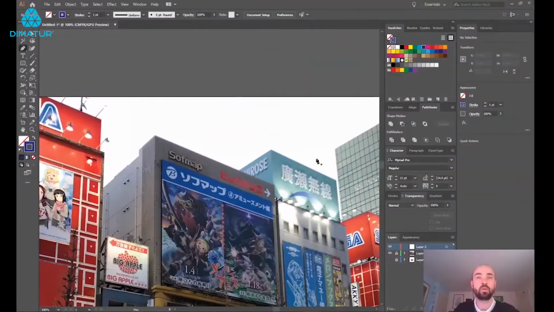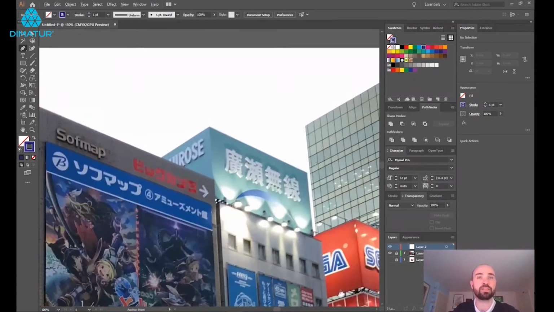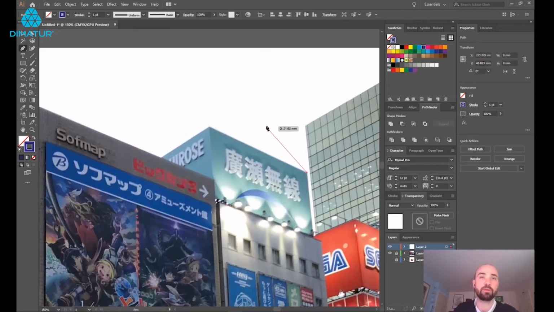Number 1, using the spacebar to move an anchor point whilst in the process of drawing. When using the pen tool in Illustrator, we can use the spacebar to move points as they are being drawn. In this example, I'm just going to be drawing around these buildings, so if I click to start my anchor point, my first point, and then I'm moving over to draw the second point, sometimes if I click I can